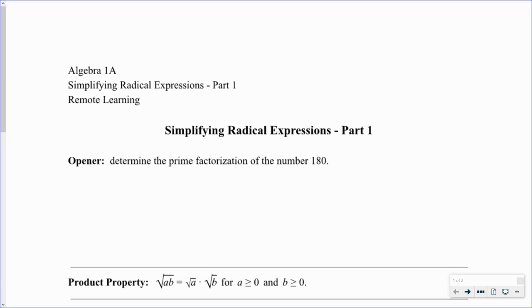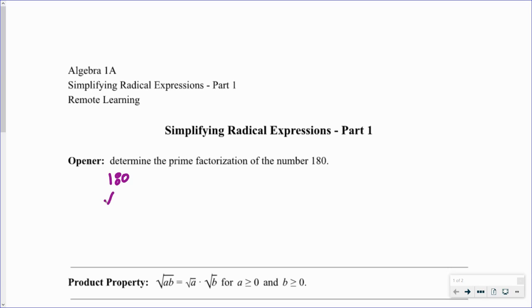Now, in order to do this, you have to understand a couple different ideas. And we're going to talk about both of those ideas before we actually go through and do some examples. So let's take a look at this first part, the opener. So the opener reads, determine the prime factorization of the number 180. So 180